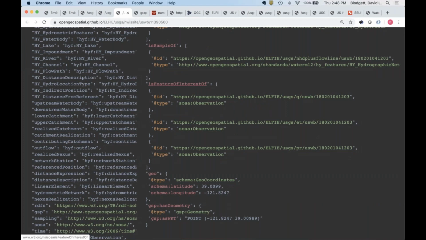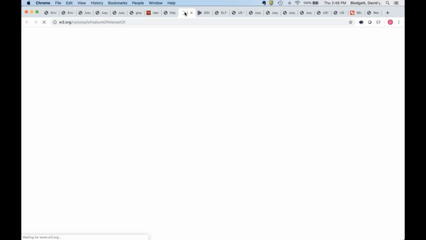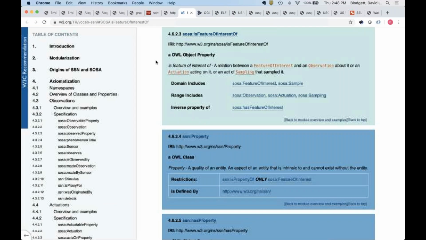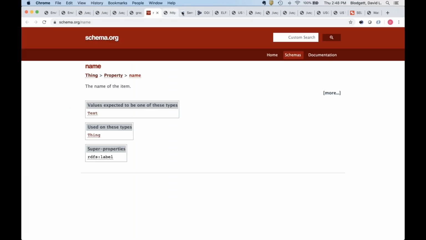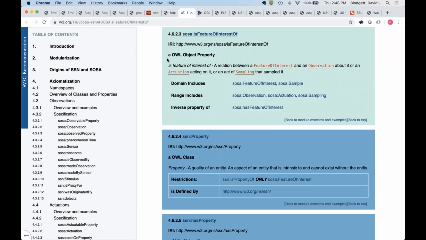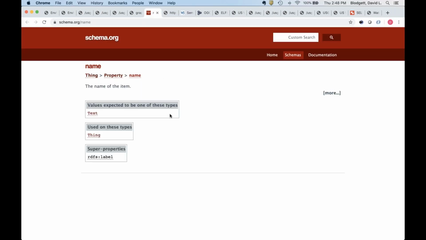So is feature of interest going to get us to something meaningful? It does. For sensors and observations, we have a baseline to build on, but it looks different from schema.org. And I guarantee if you asked for JSON from this, you would get something different than from schema.org.